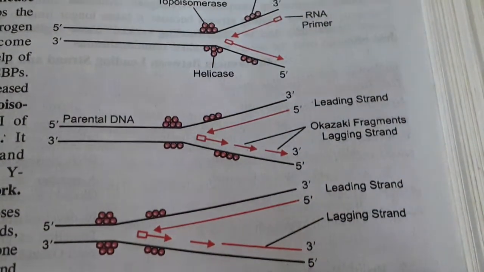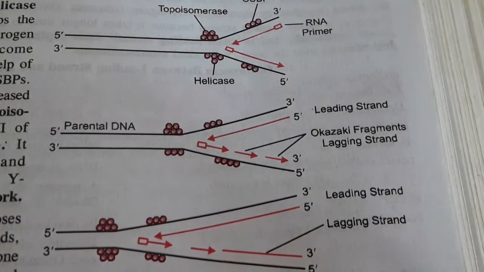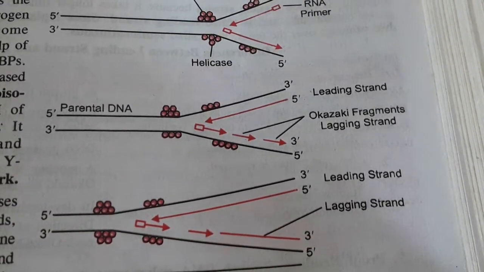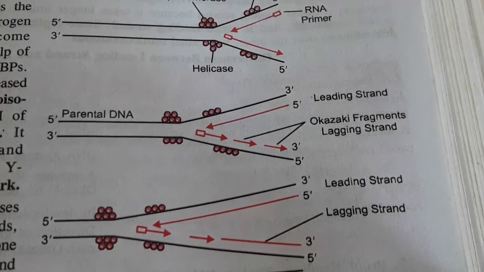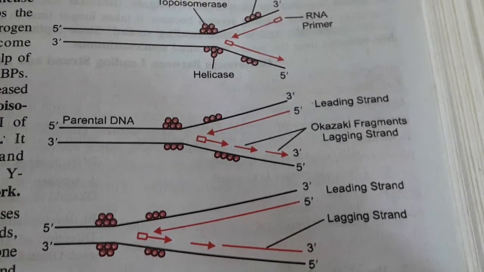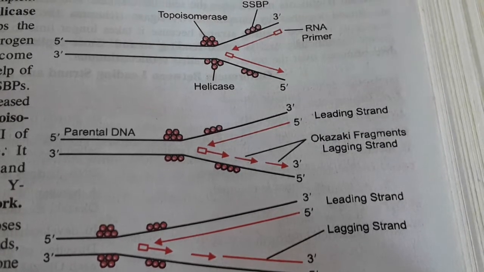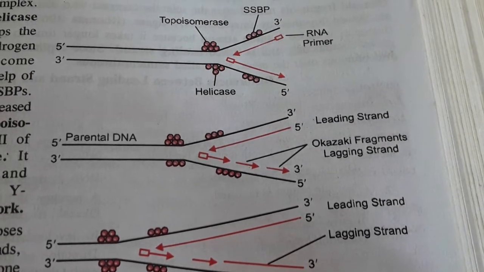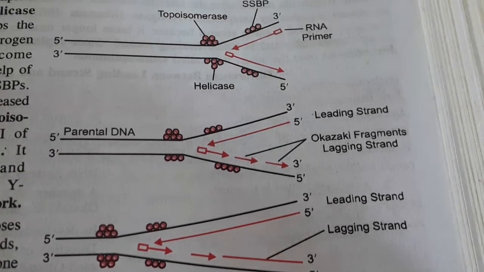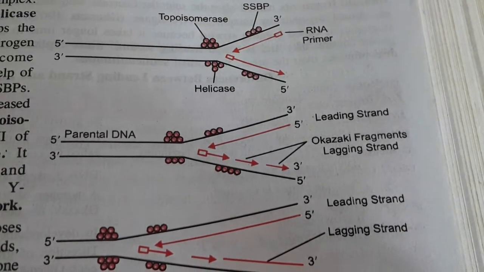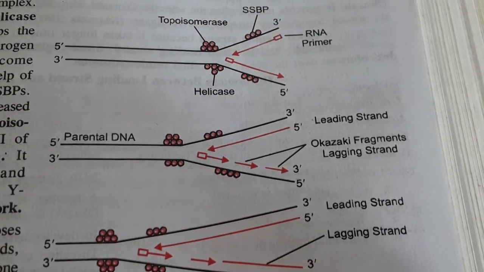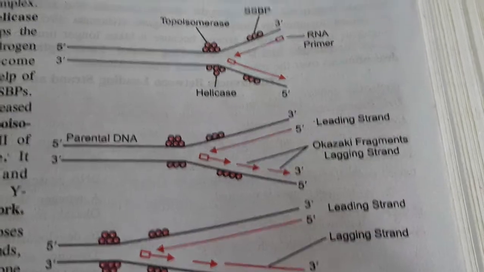So we know what is replication. When the DNA starts forming its carbon copy, the process is called DNA replication. The various steps involved are: first is the origin of replication. That means for replication to begin, a particular point is necessary, which we call the origin or ORI. Now in bacteria and viral DNA, only a single origin of replication is present, and